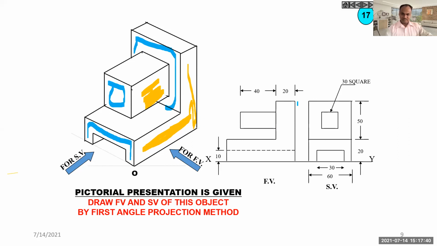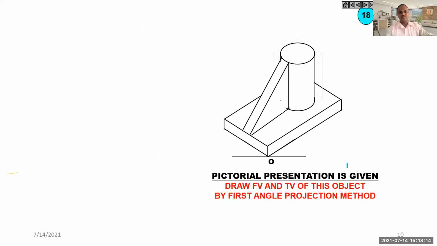In front view, this L-shaped portion is coming and this rectangular portion is coming. Now you can imagine that this line will come as a dotted line because it is hidden. In case of side view, this is not hidden, so you will get this as a smaller rectangle inside this larger rectangle, this is square shaped, and everything has been placed here. So orthographic is nothing but imagination of the faces of that particular object. Which face will be visible to you, that you have to find out.